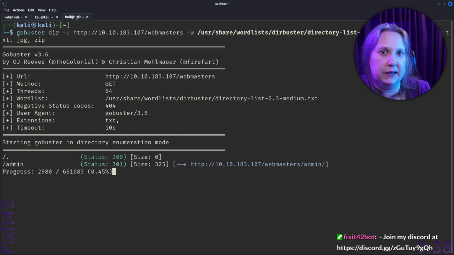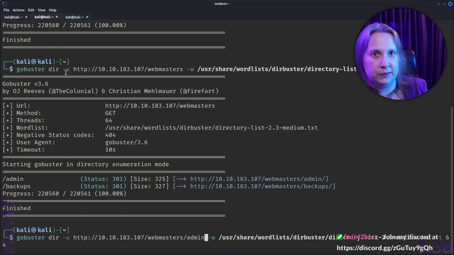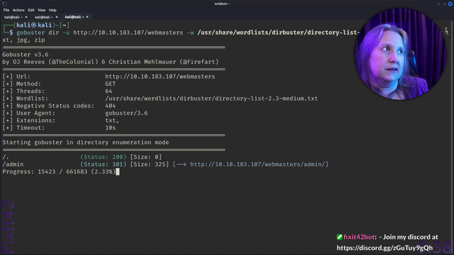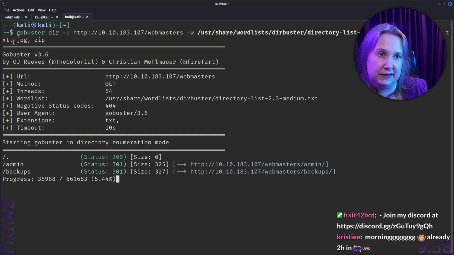So we'll see how long this takes. This is the same directory that we just did here, but now we have the added X for TXT, JPG, and zip. And just one question: the spaces don't matter, right? Because I usually don't do spaces, and now I did.